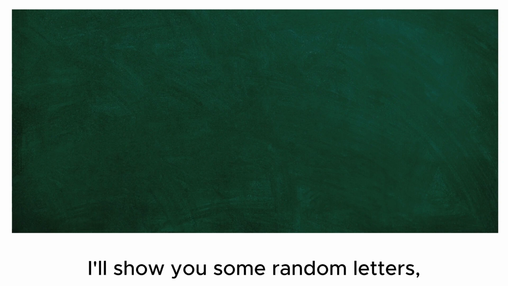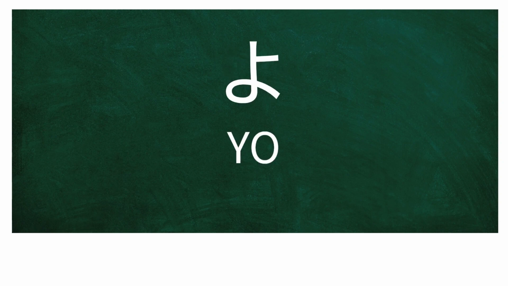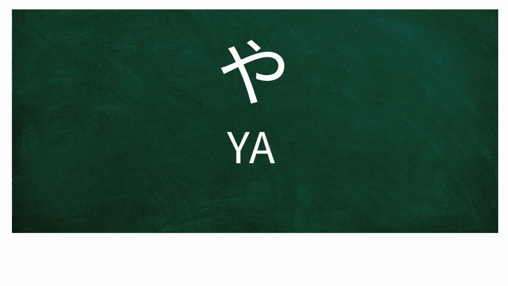Next, I'll show you some random letters, so please read them. ゆ、よ、や、 Here we go again, in a different order. よ、や、ゆ。